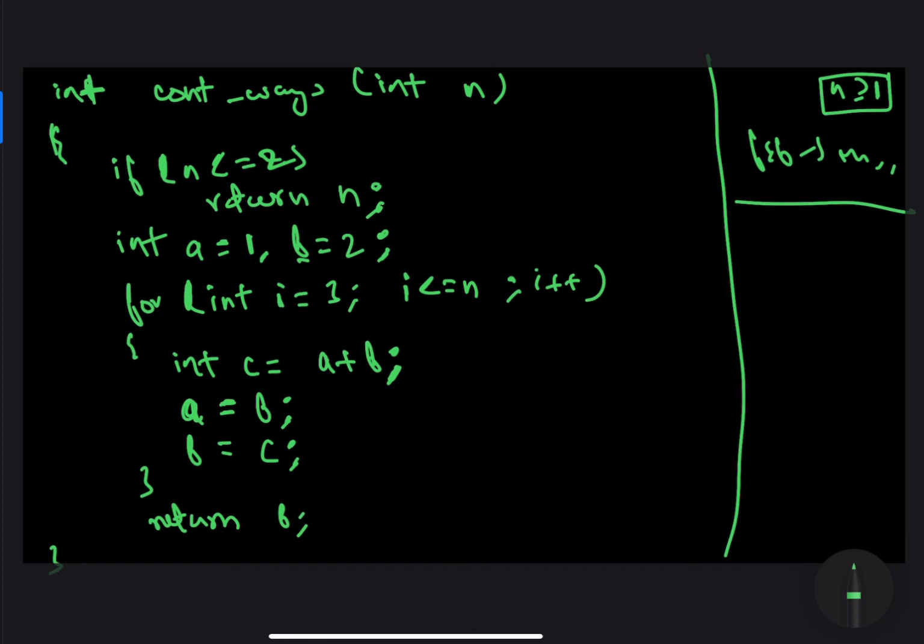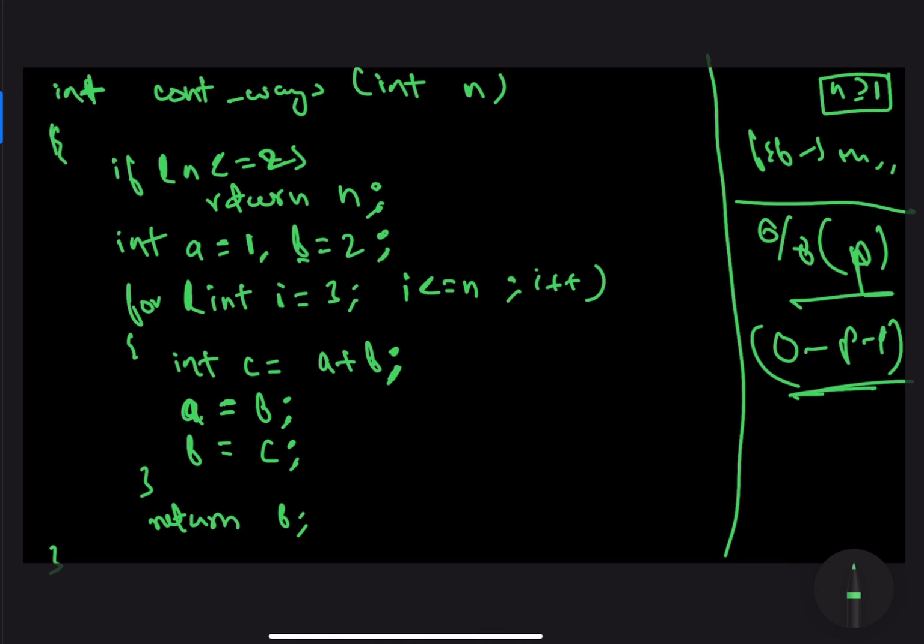that we are looking for modulo a prime number or modulo a number, and this number over here ensures that the final answer is less than or equal to, let's say the number that's given is p, so it ensures that the final answer lies in the range 0 to p minus 1, and that fits into the value of range p. So let's say that we are also given a value p as a parameter. In this case, all we have to do is update c as a plus b modulo p over here, and that would solve our entire problem. That would fix the problem of overflow in case of integers.